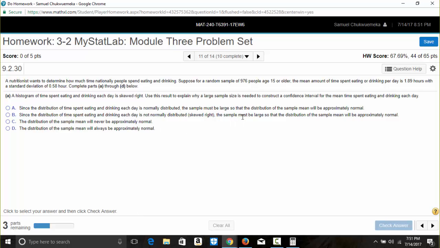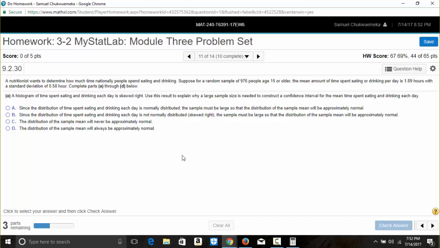We are looking at what the sample should be. So we're looking at A and B. A: since the distribution of time spent eating and drinking each day is normally distributed? No. They told us here that it's skewed right. They won't tell us in the question that it's skewed right, assume a histogram is skewed right, and then tell us it's normally distributed. So the answer should be B. Since the distribution of time spent eating and drinking each day is not normally distributed, which means it's skewed right